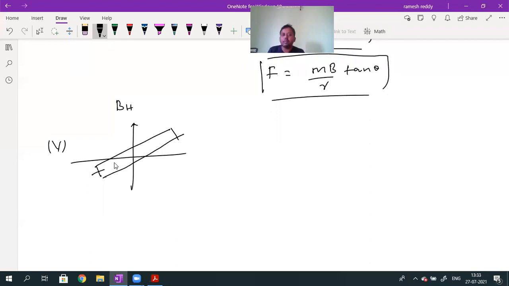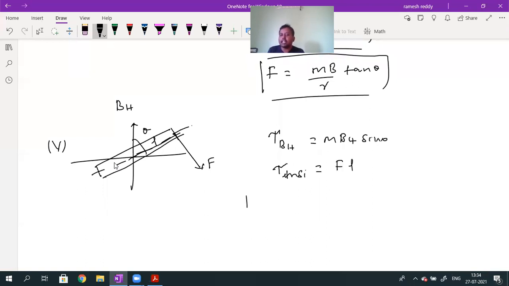Now the magnetic moment is making an angle theta. Force is applied at one end, but this time the force is applied perpendicular to the length. Whenever the force is applied perpendicular to length, what is the perpendicular distance of this force? That perpendicular distance will become L. What is the torque due to the horizontal component? The torque value will be given by M into BH into sin theta. What is the force due to the tension in the string? Force applied on one end by tension in the string is given by force value F, perpendicular distance value L.